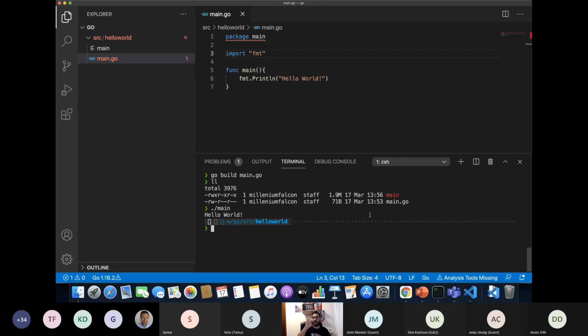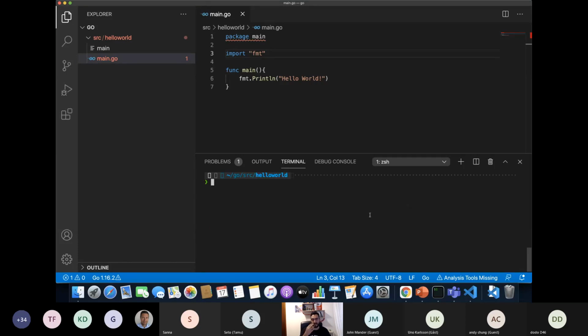I can take that executable, that binary, move that to another server, to another location, and that's going to work. I don't have to have Go installed there because that's going to be an executable. That's not going to be the source code. That's actually something pretty good about Golang. So those are the two commands that I would like to introduce to you this time, at least for now, as your first encounter with Golang.